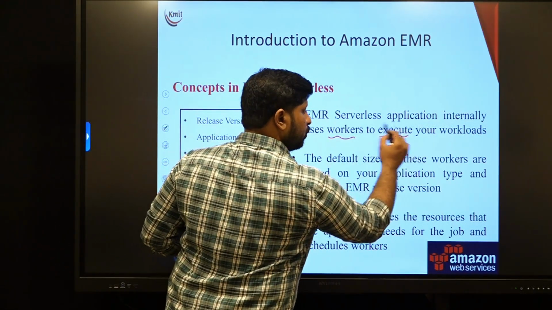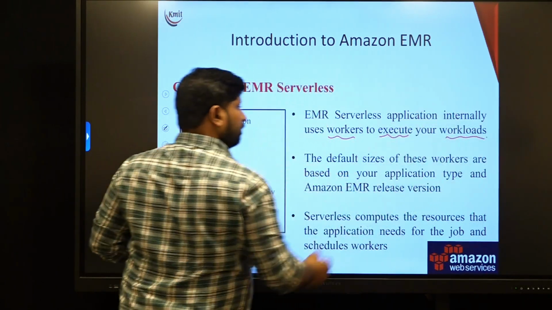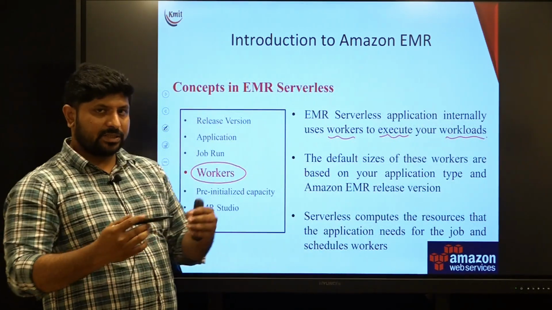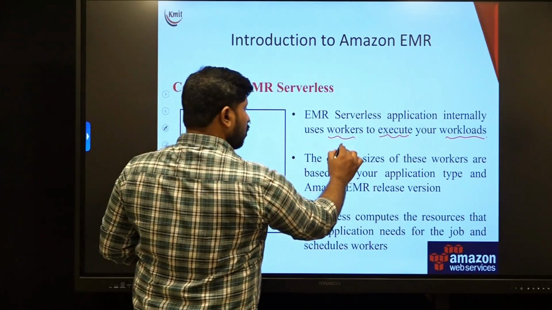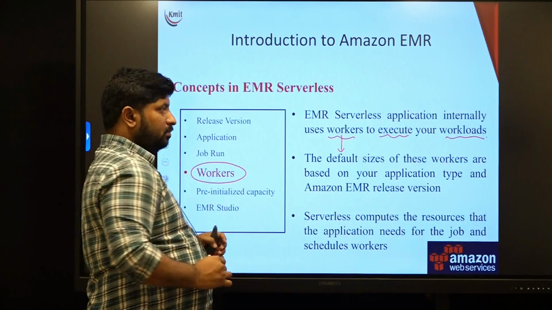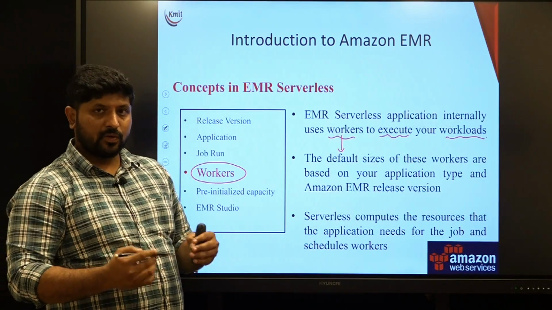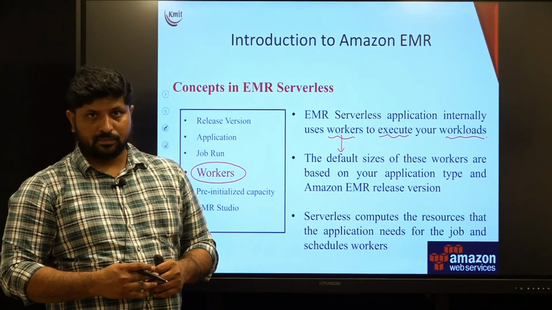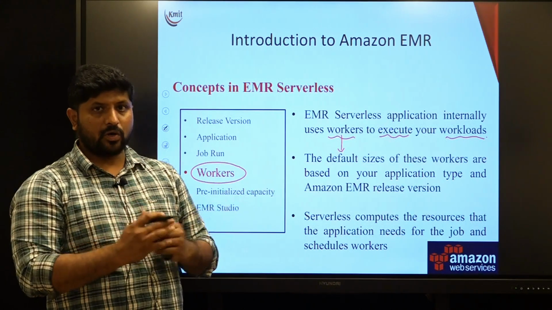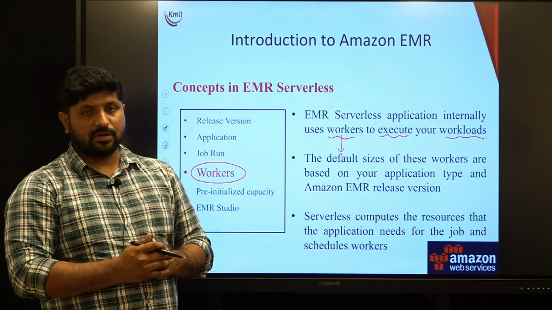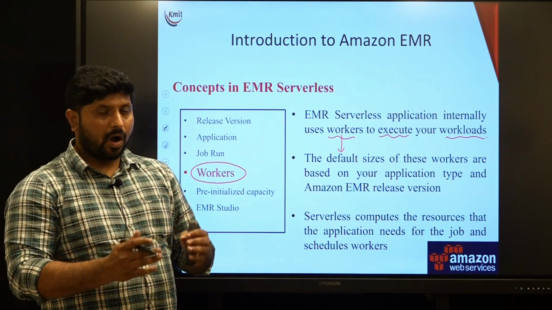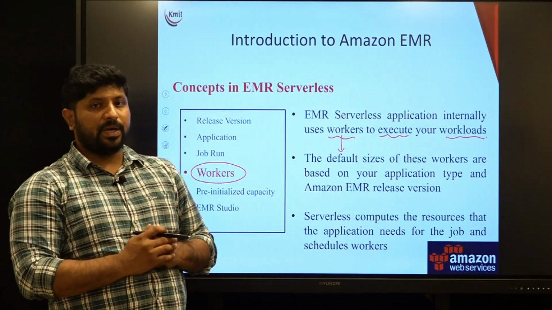Workers are used to execute your workloads in the background, which is abstracted from us, and these worker nodes are going to be selected by default by your application. It means how many worker nodes there will be, what the size of the worker node and the configuration will be, all these are going to depend on what sort of job you are submitting to the